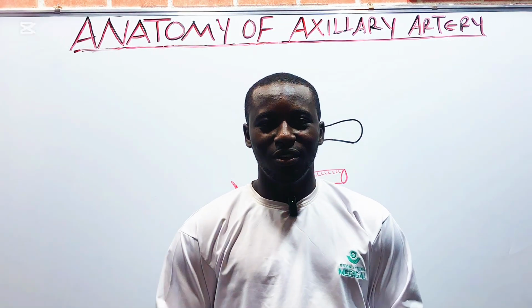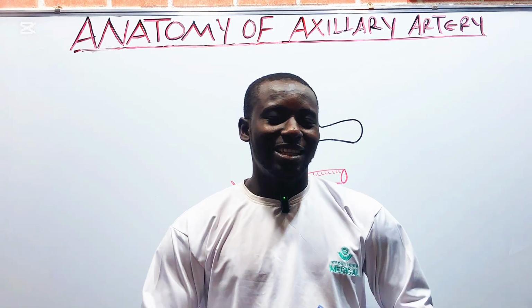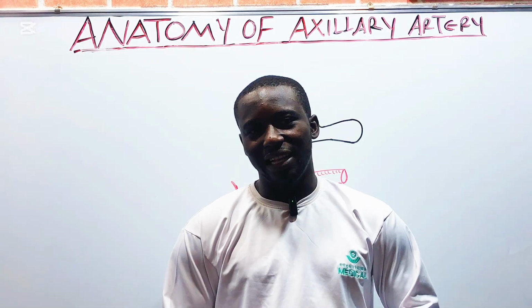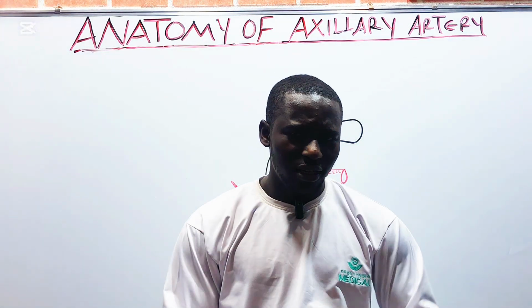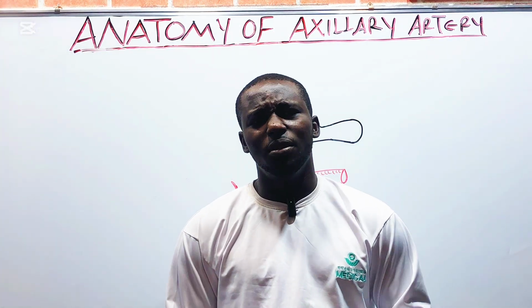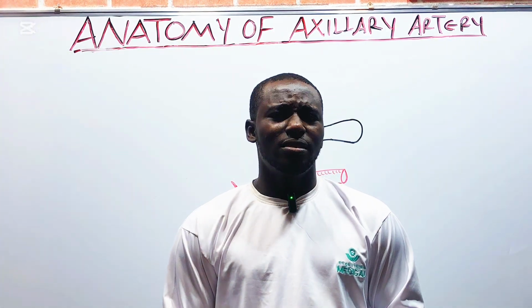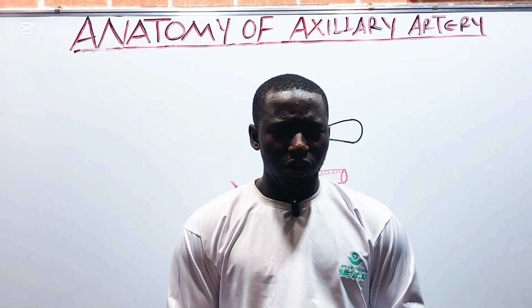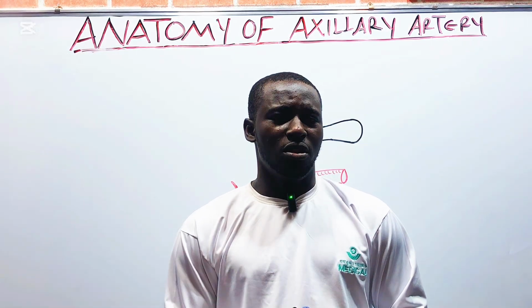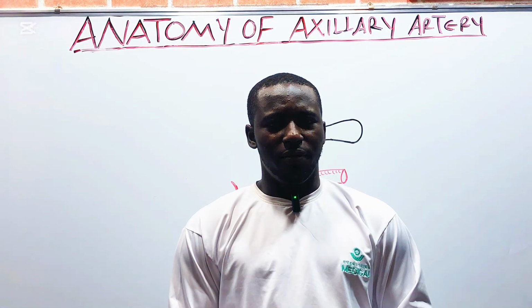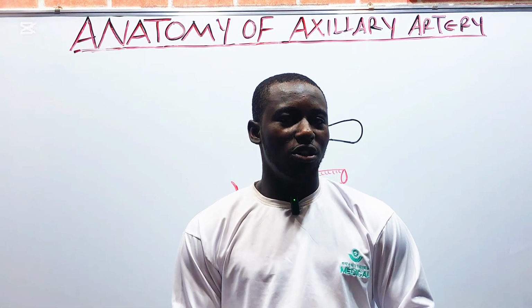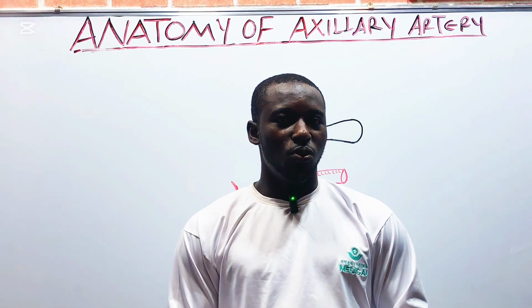On today's video, I'm going to be treating the anatomy of the axillary artery. It is one of those vital arteries in the upper limb. In fact, it is the main arterial stem of the upper limb that supplies blood to the upper limb structures. It is from the axillary artery, which courses downwards in the upper limb, that we get